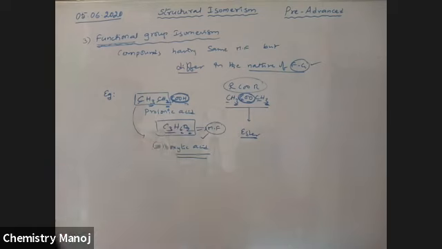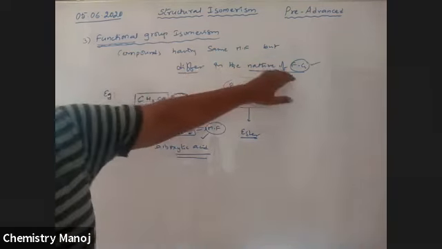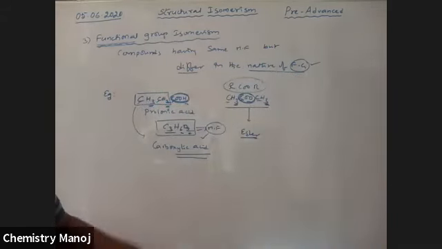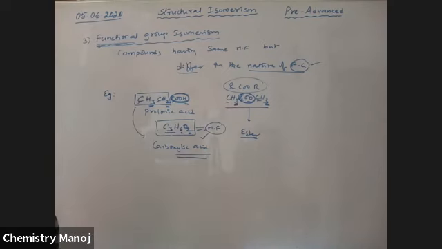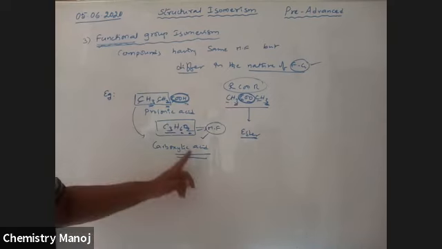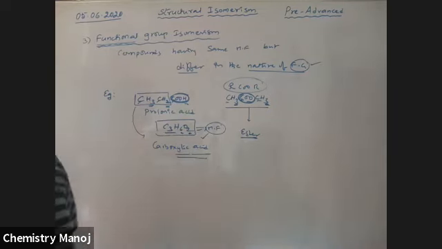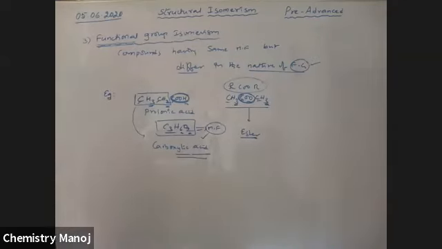So what is functional group isomerism? Compounds or molecules having the same molecular formula but differing in the nature of functional group. That is why the physical and chemical properties are different. The phenomenon is functional isomerism and the compounds are called functional isomers. Carboxylic acids are changed to esters. If an ester is given, it can be converted to an acid. Acid and esters are functional isomers.